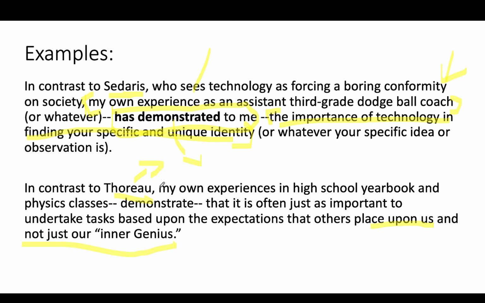So the idea is that, I think with this thesis, let me just explain, the paper is going to sort of compare two experiences the student had. One was in yearbook class, the other was in physics. Really excited about taking yearbook and thought he'd love it, but he ended up hating it. Thought he'd hate physics, but it became something that sort of motivated him to go into sciences for the rest of his life, right? He never would have gotten into physics had he not been forced to take it. So that rather than doing everything because you think you want to do it, sometimes in life you have to learn that doing what other people tell you to do can be beneficial.